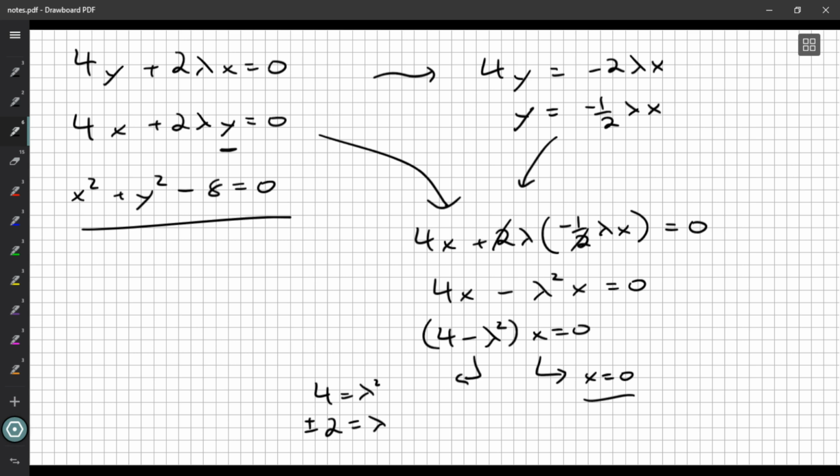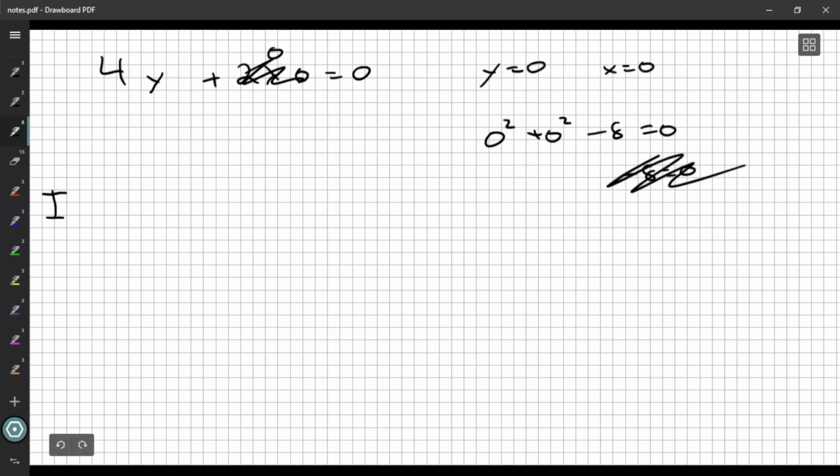Okay, so if we can't have x be equal to 0, then that means lambda is either 2 or negative 2. Okay, seems reasonable. So, what do we get in those situations? Well, what can we do with our lambdas? Well, we could take them, plug them back in here, and understand a relationship between x and y a little bit better. So, let's say